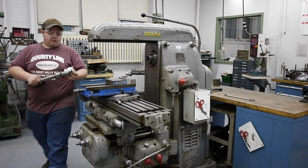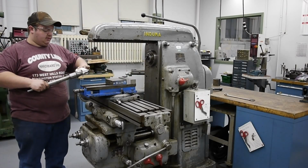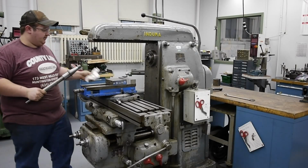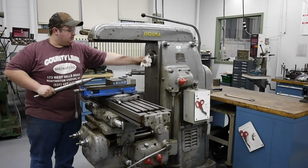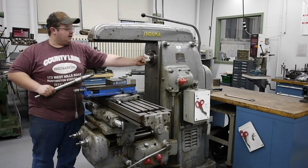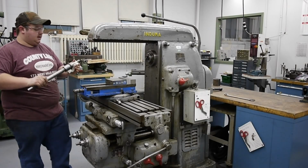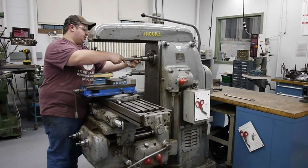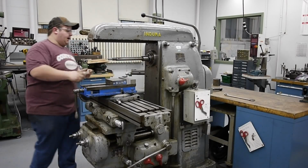What I'm going to do is wipe that arbor clean of any oils, grime, or chips, and then I will do the same with the spindle. So I'm just using a paper towel for this. I do not have a rag right now, just to take everything out of the spindle. Now, aligning the drive dog keys, we will insert the arbor into the spindle nose,